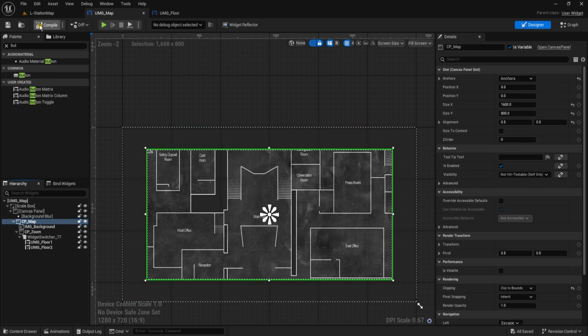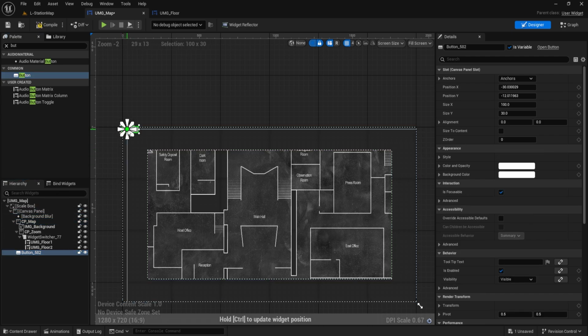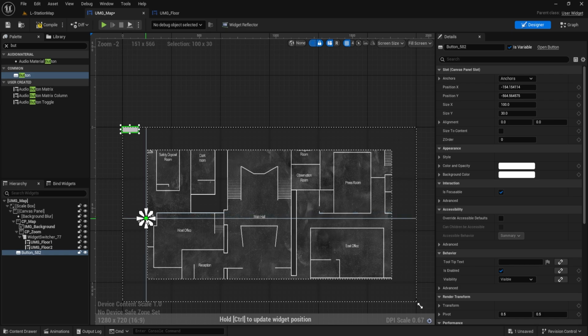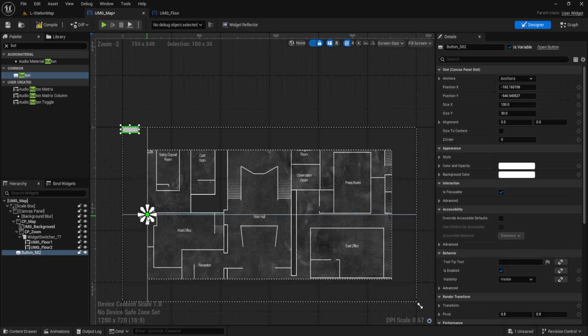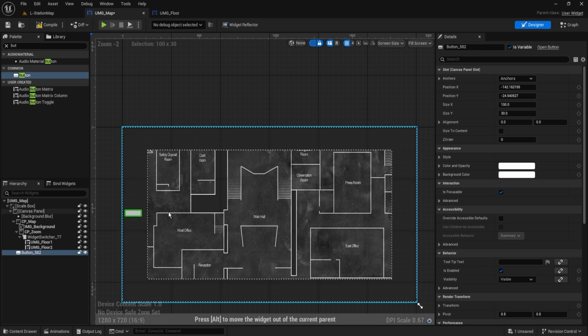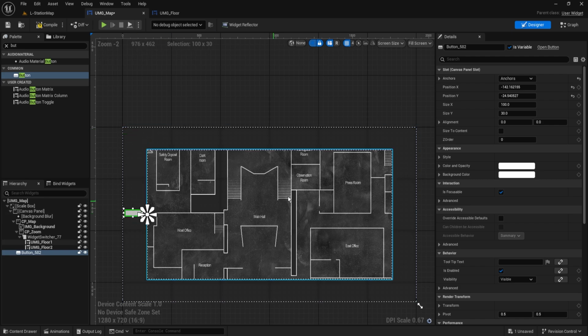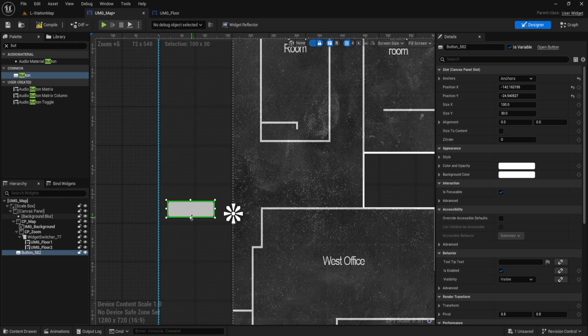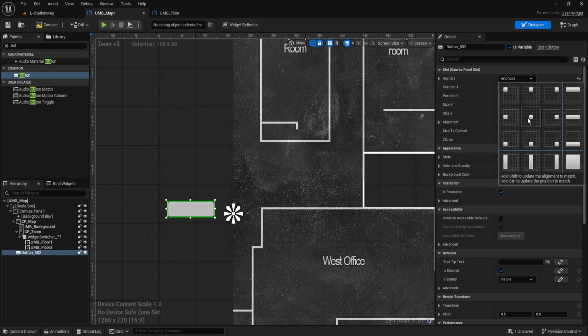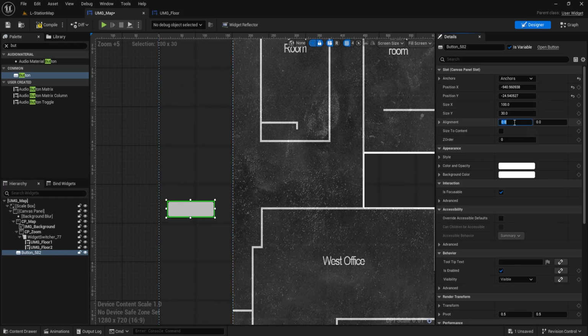We are going to get our button here. We're going to place it on the main canvas panel. And what we'll do is we'll drag this here so that it kind of lines up with our widget here. So that way it will always move based on that, because the scaling can sometimes be an issue. And we're just going to leave this button here, and it will be for changing floors. So I'm just going to put this here, 0.5, 0.5. And we'll just put it 0 and 0, and for